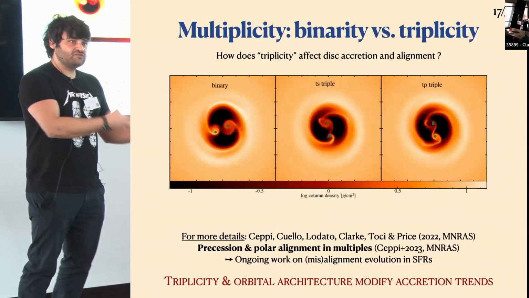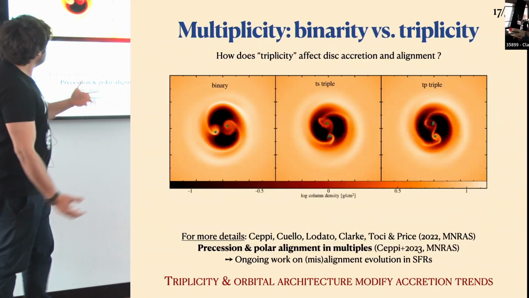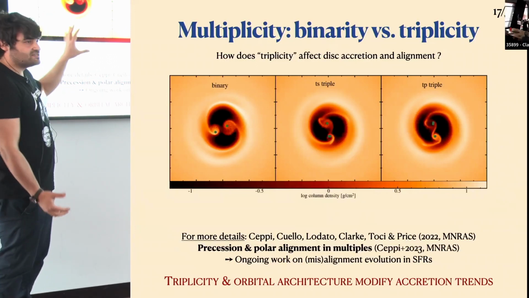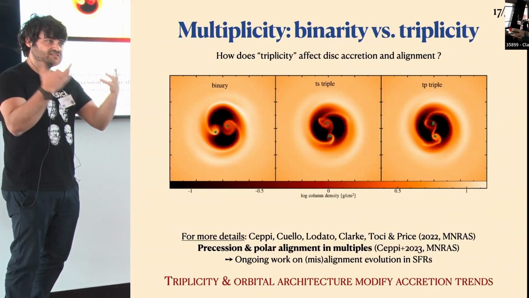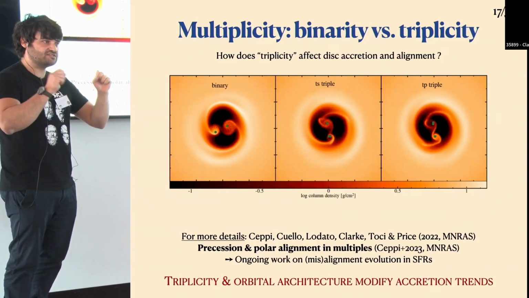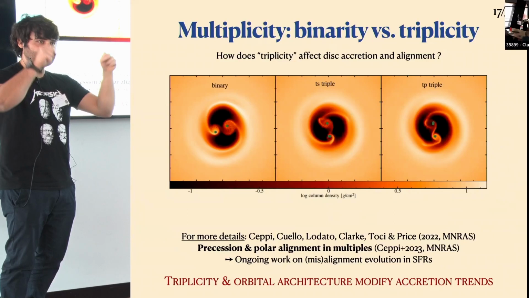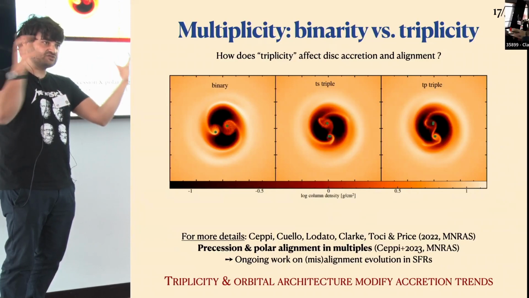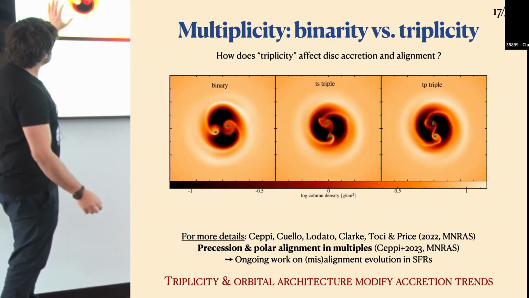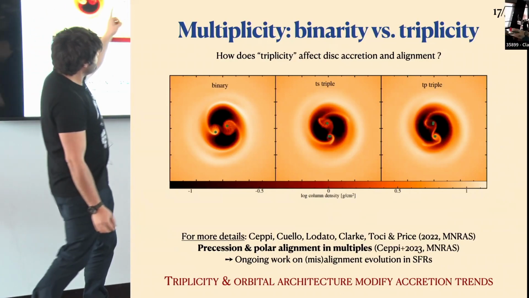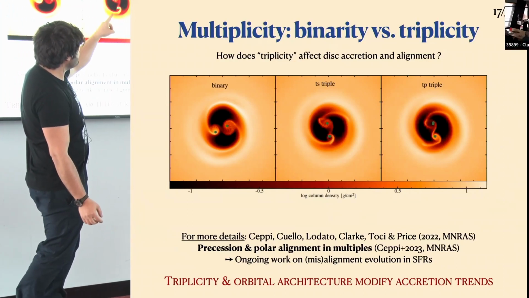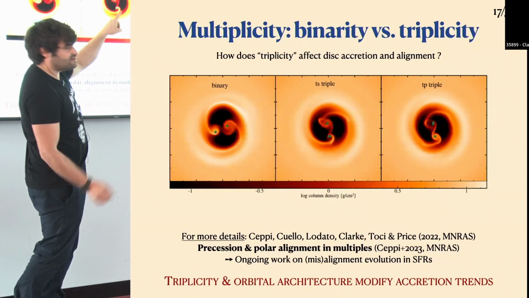difference to be in a binary or in a triple stellar system. So here what we're doing is that we're comparing what happens when it comes to accretion, when stars accrete material. Again, here we're relying on this simplistic picture where we have sink particles that accrete material as soon as they cross that boundary. So you have a binary here that is to be compared with this version of triple stellar system where the secondary is split.